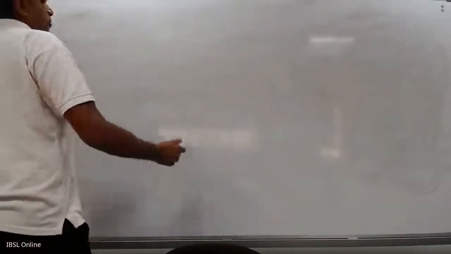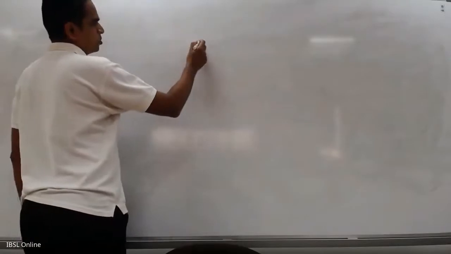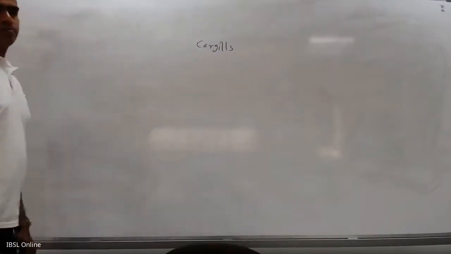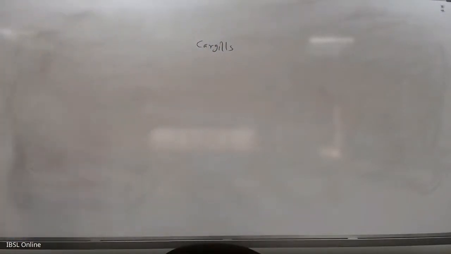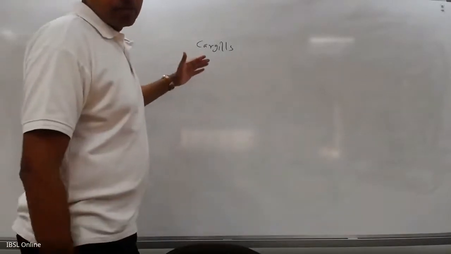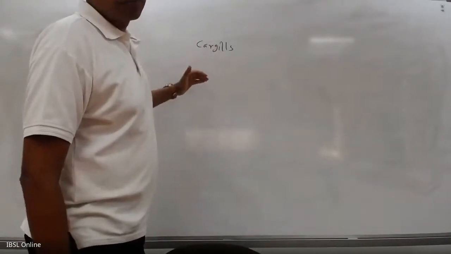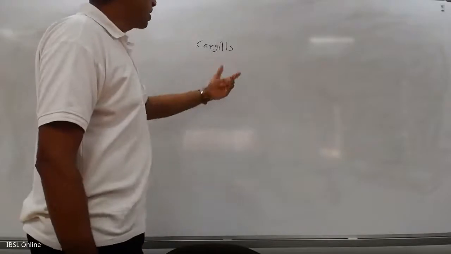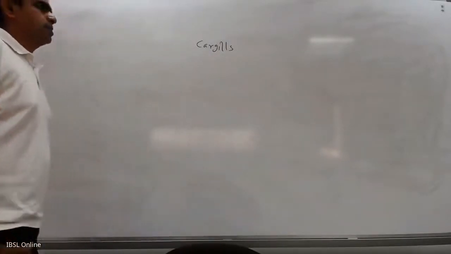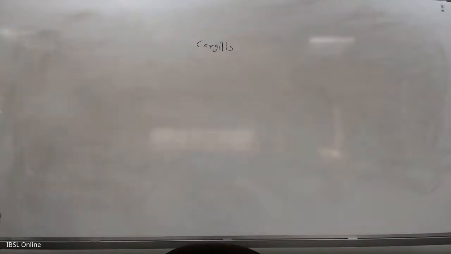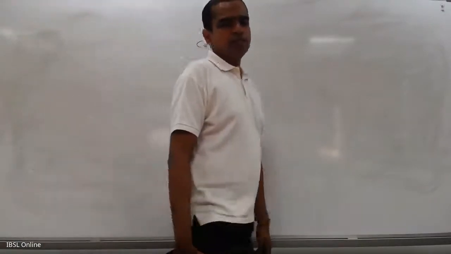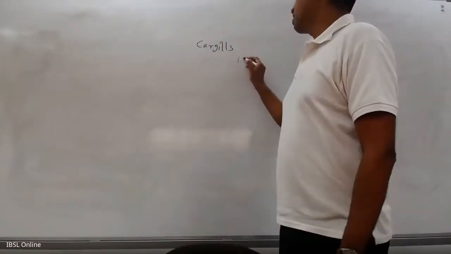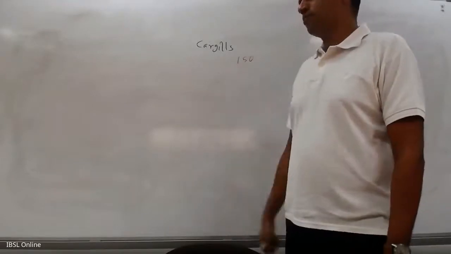If you want to buy mangoes, let's say you go to a supermarket, for example Cargill's. Who is going to quote the price to you? Will Cargill's quote the price to you, or are you going to quote the price to Cargill's? Who will decide on the price if you want to buy mangoes? You or Cargill's? Yes, Cargill's will tell you that the price of a mango is 150 bucks. So you can buy mangoes at 150 bucks.